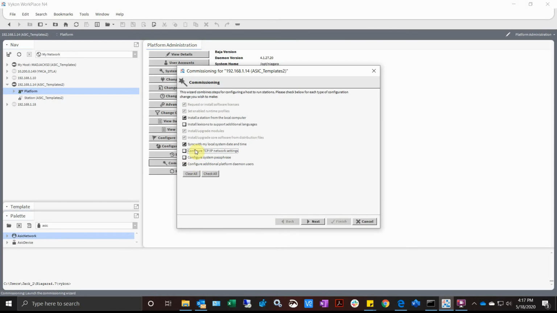JASIC. And I'm not going to change my IP settings. You can if you want. It's no big deal. You literally just type in your IP on one screen, your settings, and move on. Click next. So